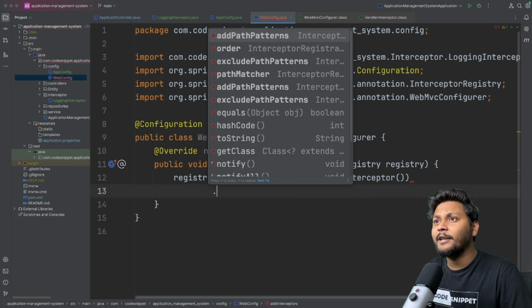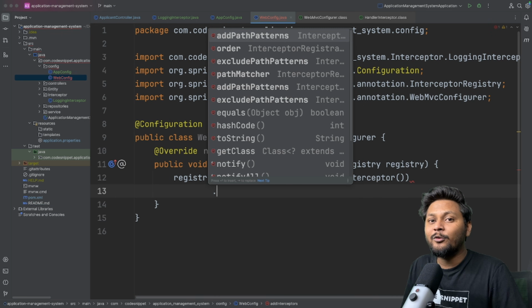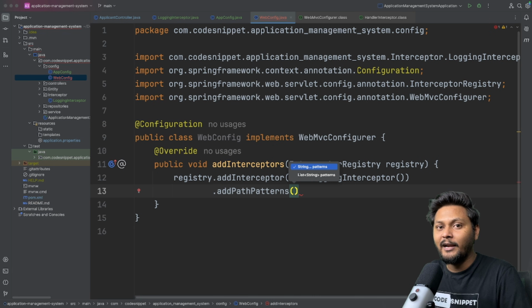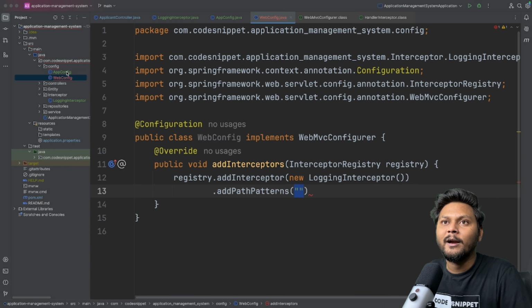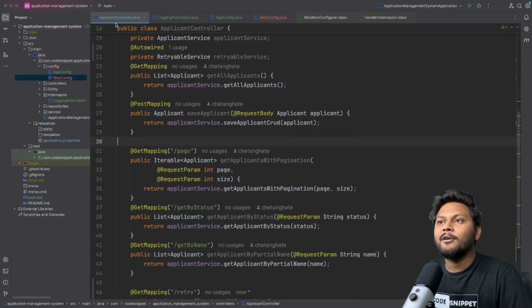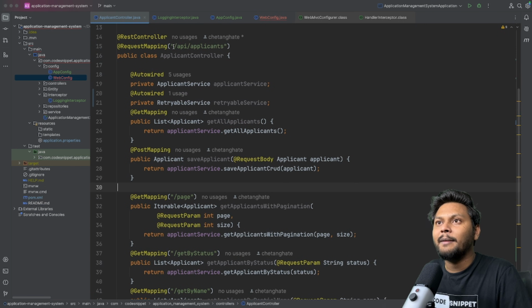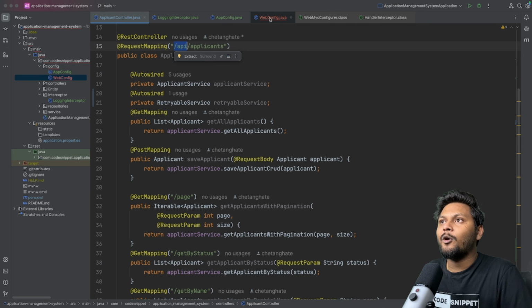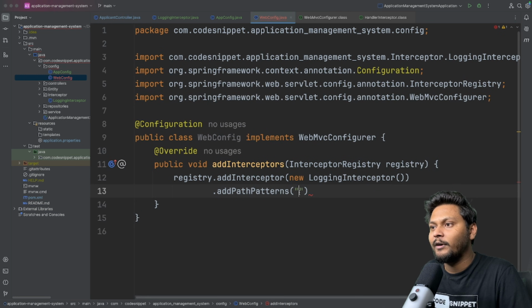And what we need to do now is add URL patterns, right? Add path patterns which we want to include inside this particular interceptor, right? So I will add path patterns, and here I will just add a pattern. So let me go back to our controller. Where is our controller? So here if you see, our APIs will start with /api. So I'll copy this, and I'll add it over here, and I will say **,